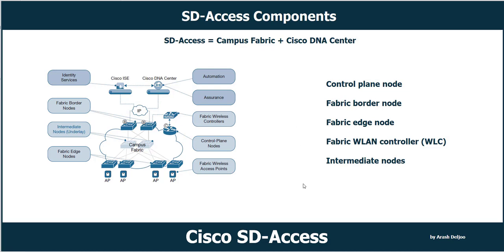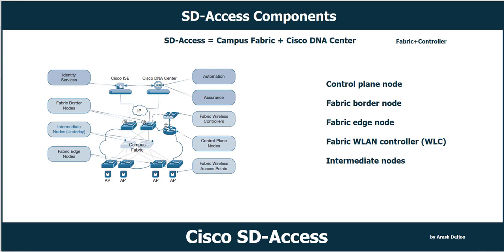You know that in all SDN-based solutions, we have two main important components. First, the fabric, and second, the controller. For example, in SD-Access, we have Campus Fabric, and the controller is DNA Center. In SD-WAN, we also have the SD-WAN fabric, and the controller has multiple parts, including vManage, vSmart,